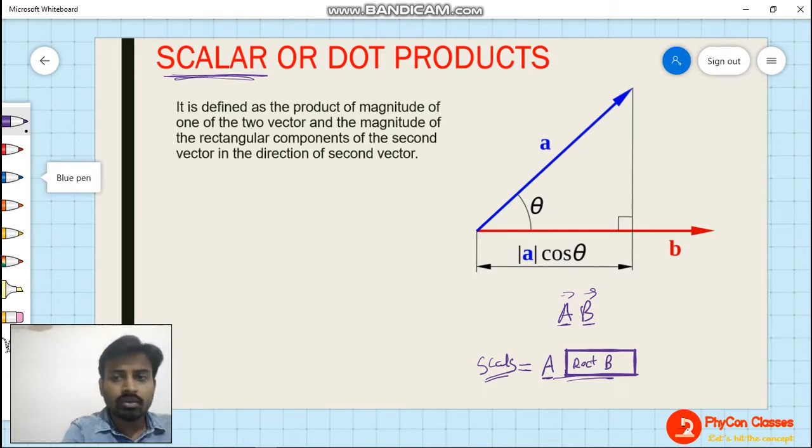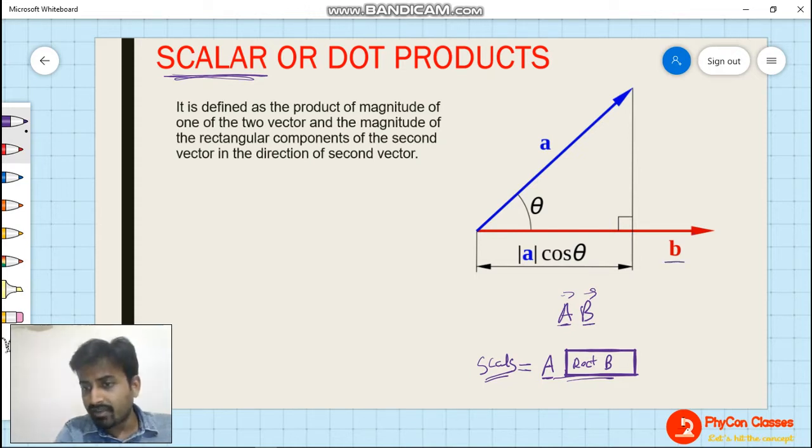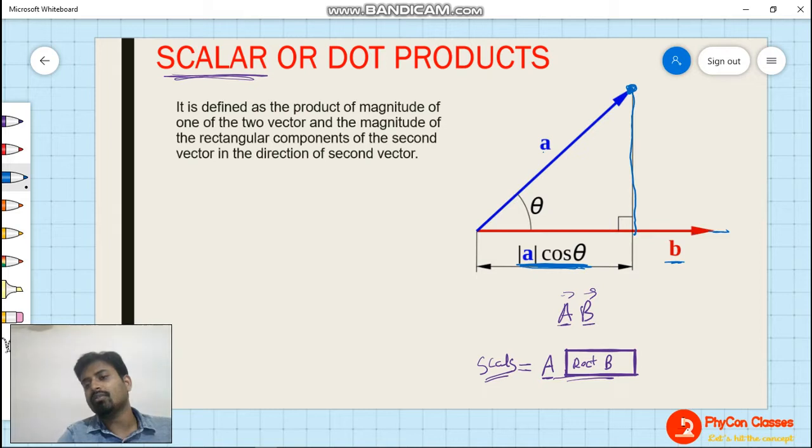vector A is in blue color. Now here, see this vector B, what they have taken, this A cos theta, actually you will get this A cos theta by taking a projection of this particular head point on another vector. So we have taken a projection of vector A on vector B. So how to take projection? Now let's suppose if you have